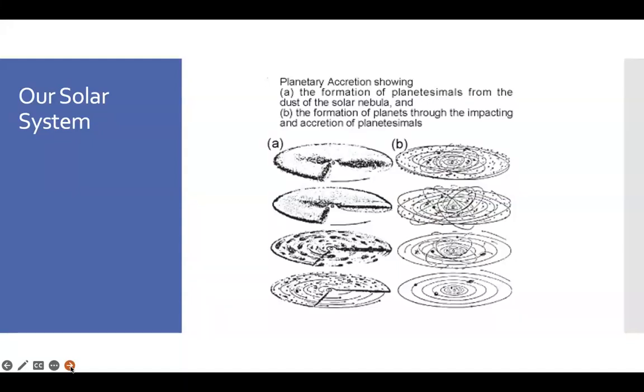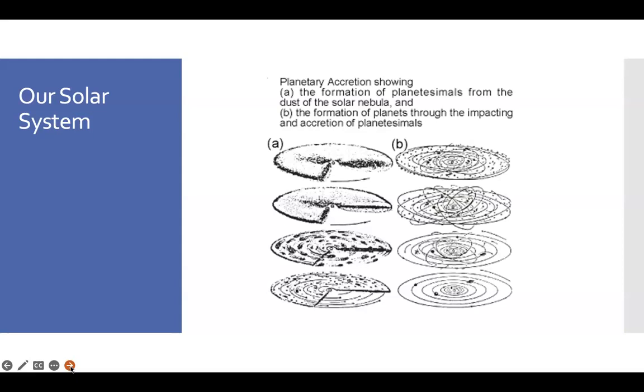So when we go down to our solar system, the sun and the planets that rotate around the sun, we are in a second generation situation. We had a first generation star made of mostly hydrogen and some helium, and all the planets as well. And that star burned out, exploded, and became something called a solar nebula, a solar cloud. It was this big ball of dust and gas.